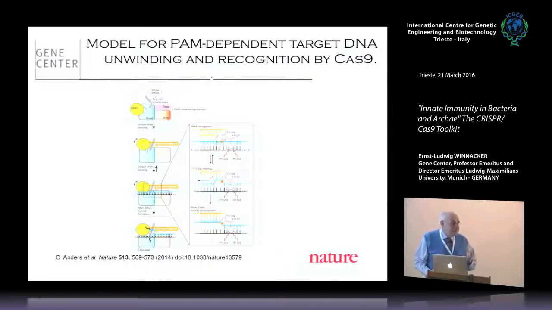Now the race is for smaller ones, smaller than 1,000 amino acids, because you want to fit them, as I will show tomorrow, into, for example, adeno-associated virus, which is like a ball, but there's not much space in it. So you better need a smaller nuclease. And there's one now that has been described which has only 242, I think, amino acids. They are just looking at every bacterial strain now. The small one is Zhang Feng at the Broad Institute.